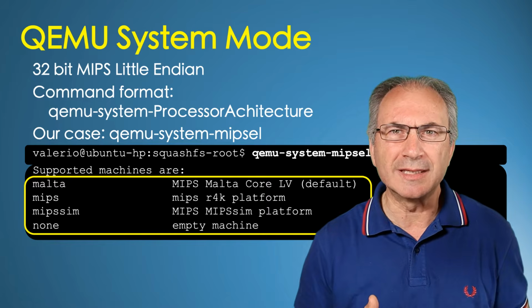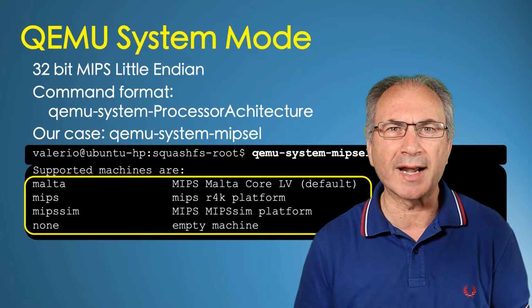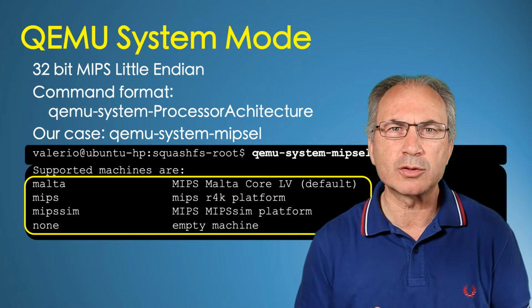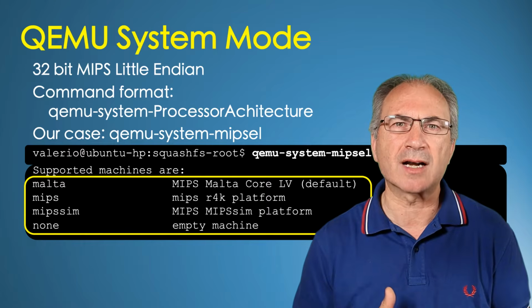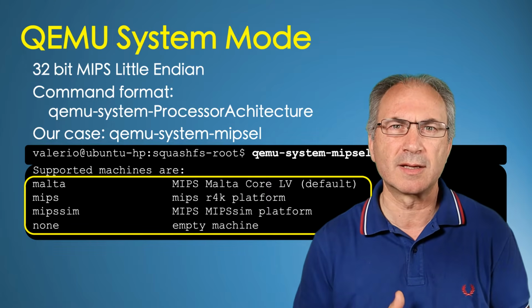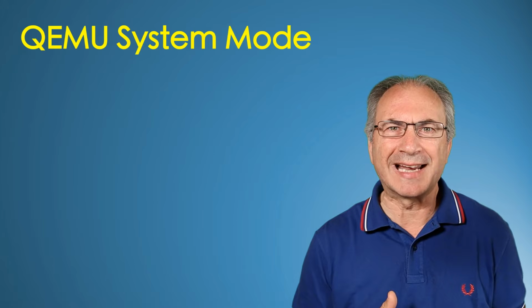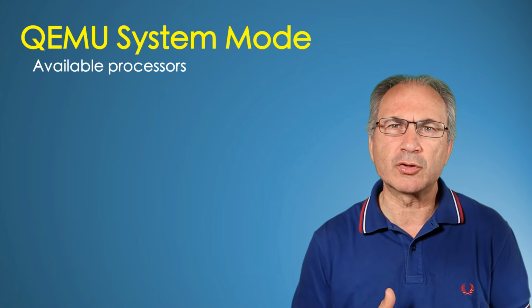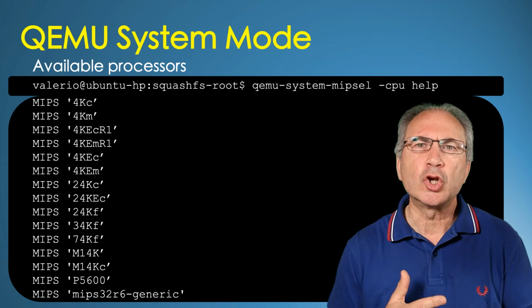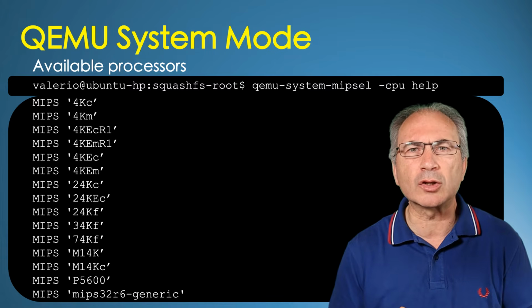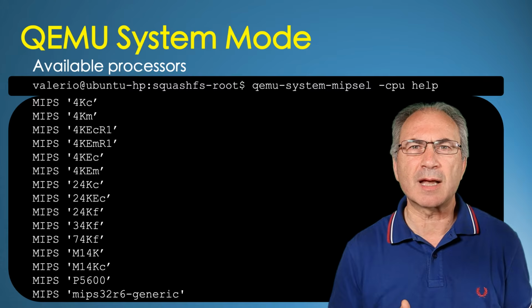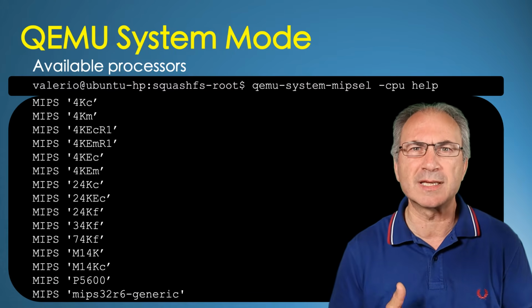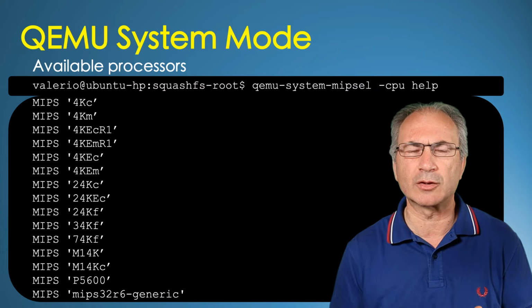But if you change the emulated board to a more generic one, often you also have to change other parameters, because some parameters and related values are supported by only some boards. We can have a list of available processors with the option -cpu help. Usually a good starting point is to not explicitly specify the CPU model. In this way, QEMU will use the default. We can find some information on the available CPU variants in the QEMU user documentation.